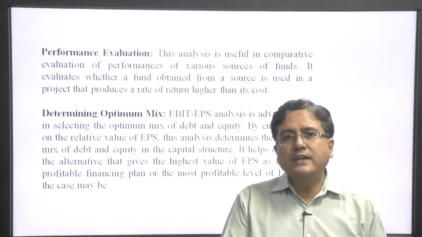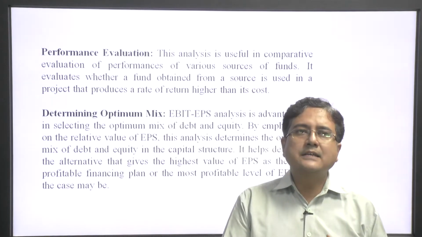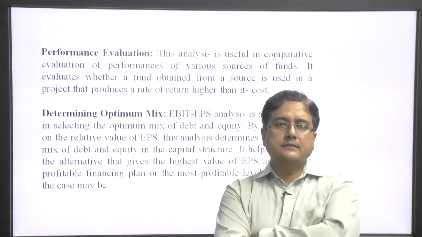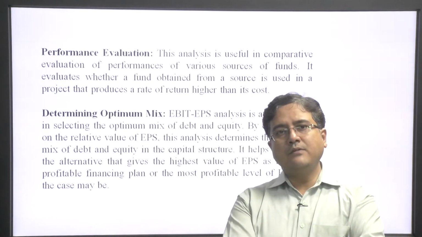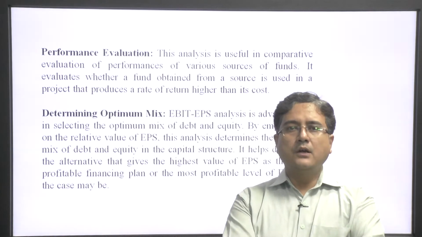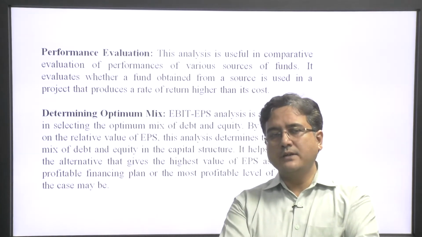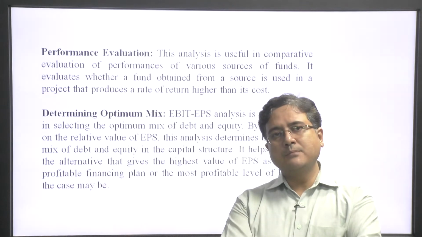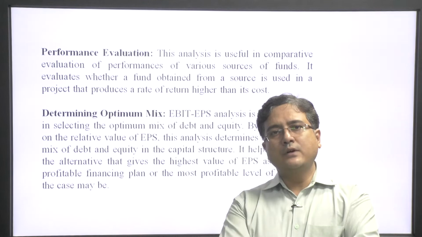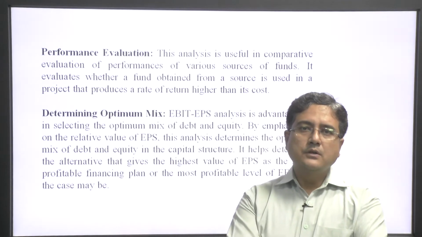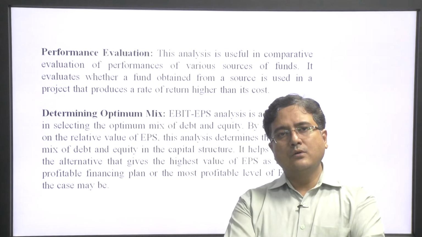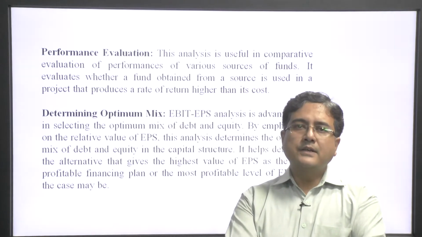So, at the first stage a financial manager must analyze the performance, and how? By estimating things, like whenever we want to select, either we go for the equity or we go for the debt, we know that debt is a cheaper source of fund. So, how much ratio of debt to equity must be in our firm? If we want to go for equity and preference shares also, what will be the ratio? The firm, the financial manager, the top bosses all know what they want to pay to the investors, that is the cost. Secondly, if they go for the bank loan,